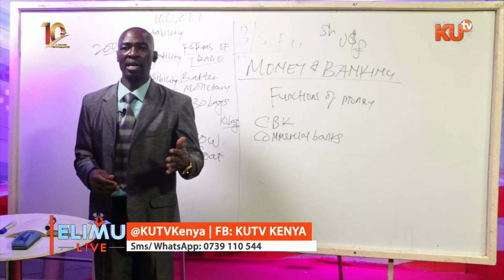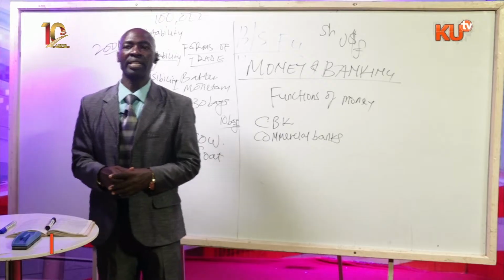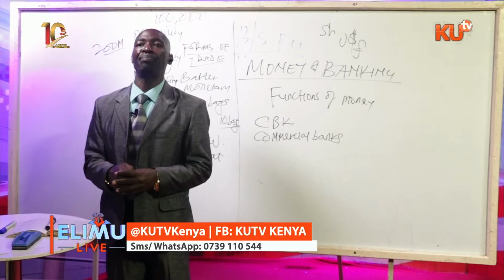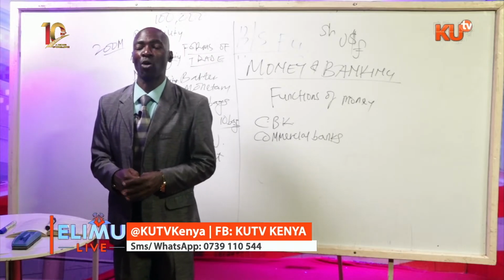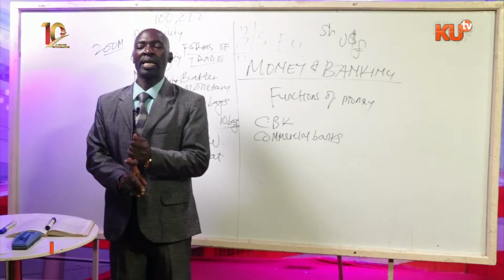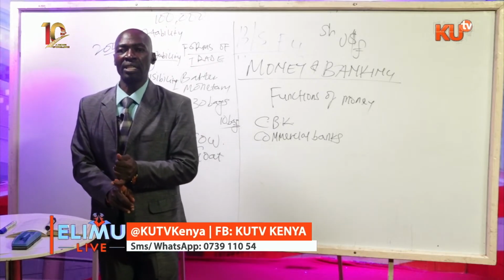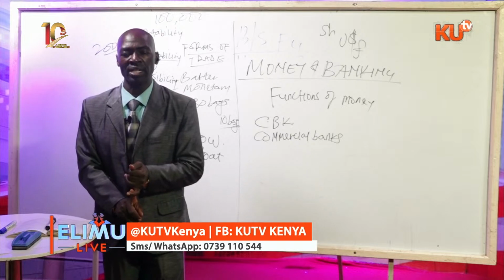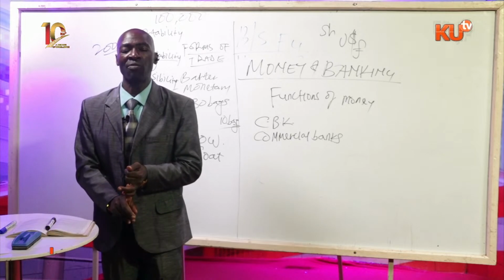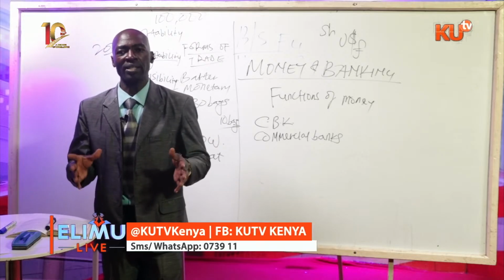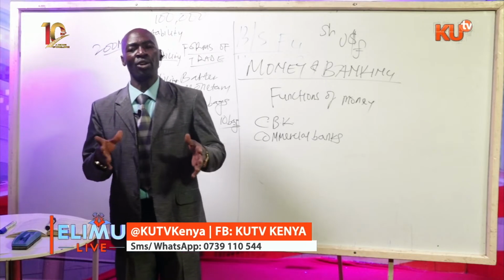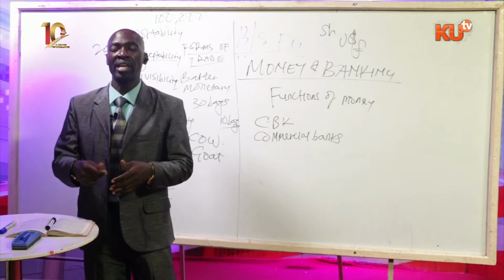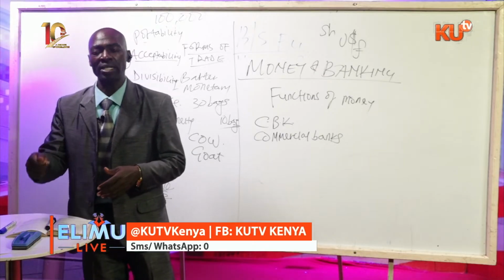And then under function number 2, we had said that it is the commercial banks' bank. Commercial banks' bank means, one, it keeps deposits on behalf of all commercial banks across the country. Two, it is a lender of the last resort. Commercial banks obtain loans from the central bank. That is why we say central bank is the commercial banks' bank.